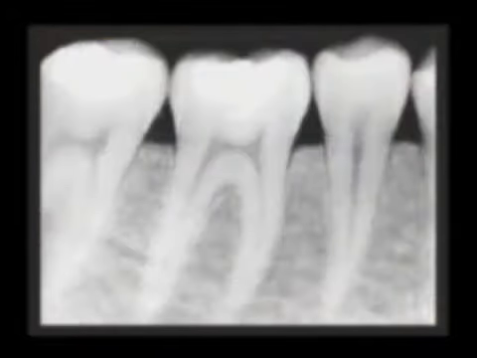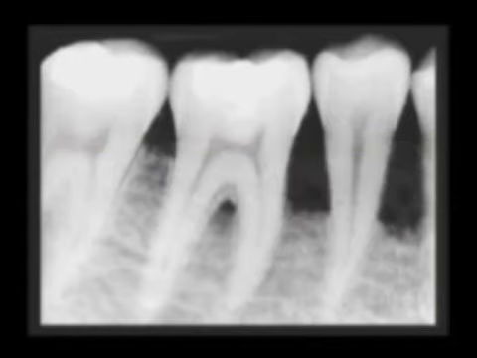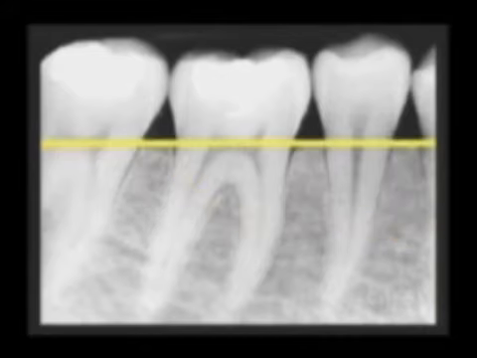Now, the second thing that we do after we do the measurement is we take x-rays. These x-rays, this is a healthy bone level. If we have periodontal disease at the later stages, you can see how much bone loss we have. This may not be apparent when we look inside your mouth, but we have to take some pictures. This is another reason why we take x-rays. If you see that circle, that's where the tartar buildup causes a lot of damage. That's where we need to